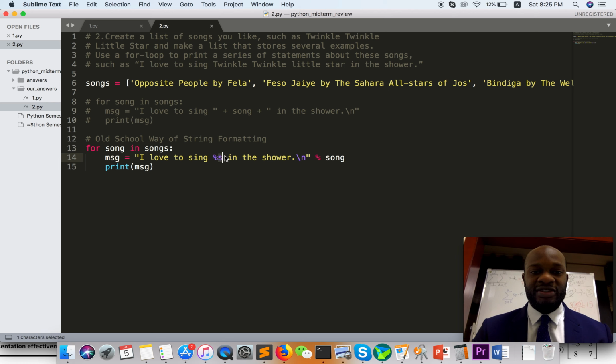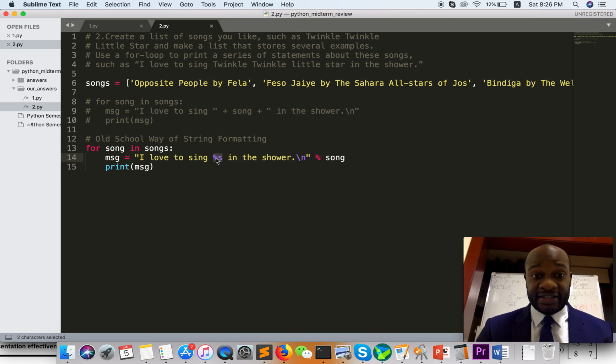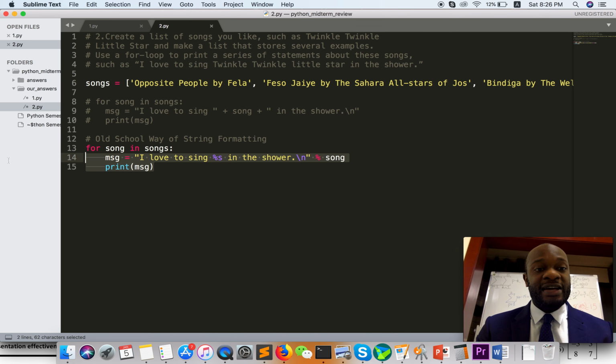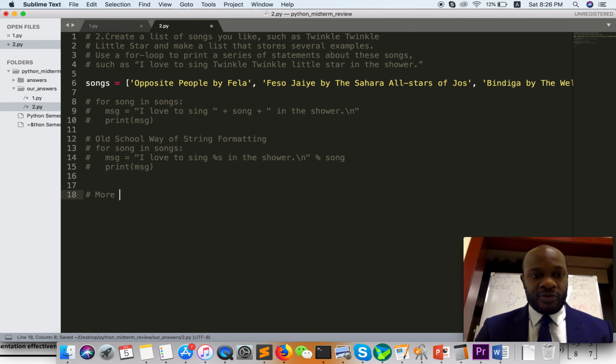If we want to have a string inserted into a string, we can just do %s, and then after the string, %, and then the variable that should be entered in place of the %s. So hopefully that is pretty straightforward for you guys. I'm actually going to comment this out and show you the more modern way